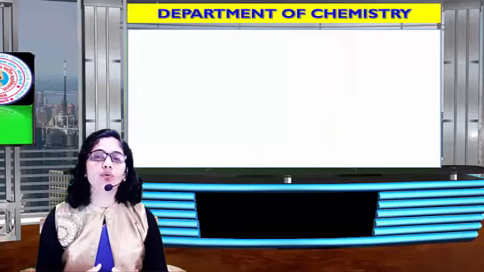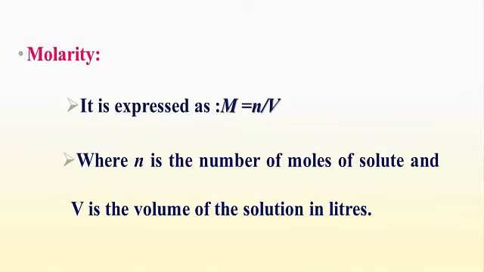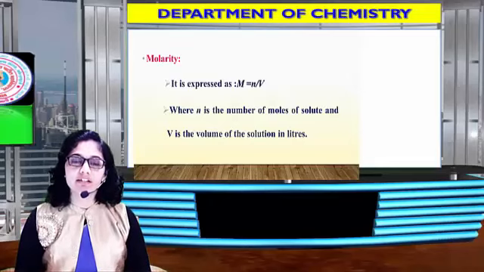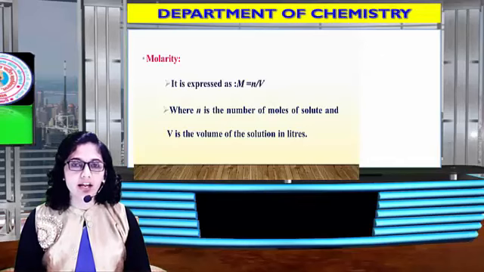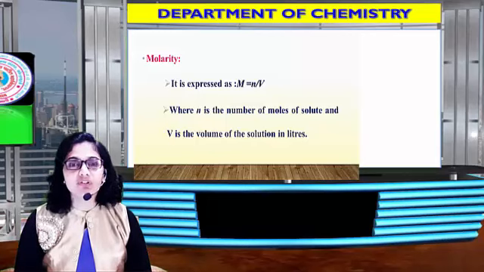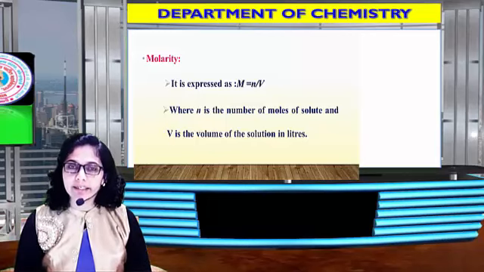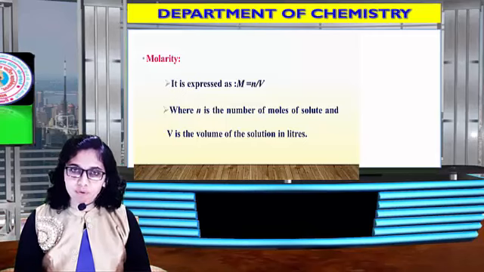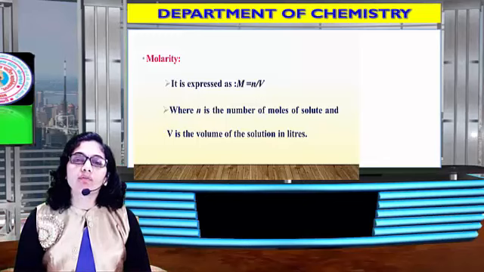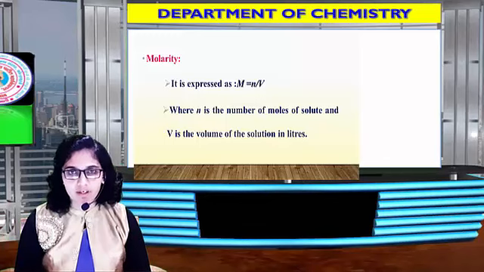Now let's see how to calculate this molar concentration. I have already explained it is the ratio of the number of moles to the volume of the solution, which is in per liter. Okay. So capital M is the abbreviation for molar concentration, right? Here is the equation for molar concentration. Capital M is equal to n upon V, where capital M is the abbreviation for molar concentration, small n is the abbreviation for number of moles, you know that, and capital V is the abbreviation for volume of the solution, right?